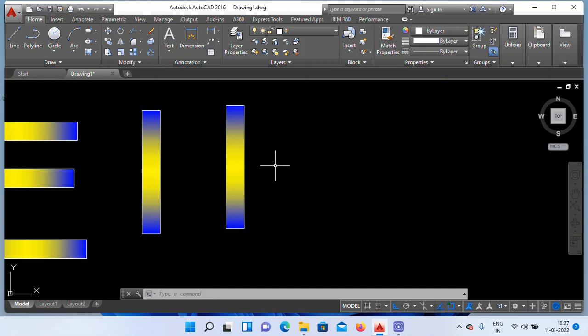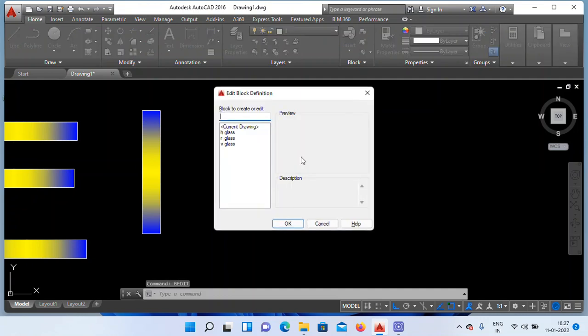You need to do it in the block edit. Apply block edit on this changeable design. The syntax is B EDIT. Select the object which you want to modify.